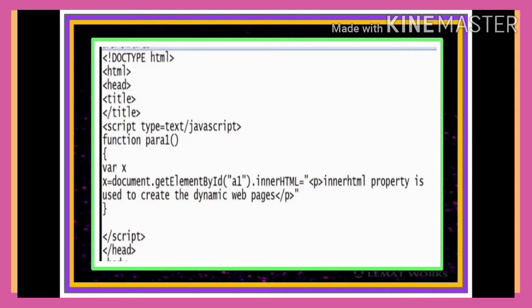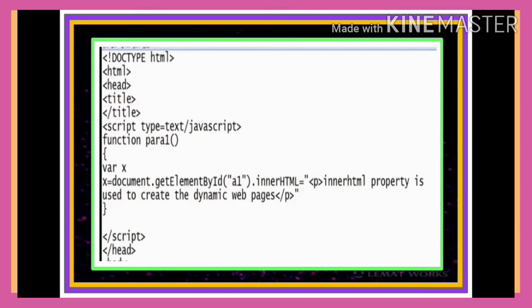In head section, if you want to use title, write title tag, write title, close title tag, write script tag, script type equal to text/javascript. Mention one function para1 having the content variable x equal to document.getElementById method.